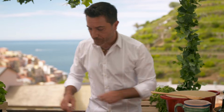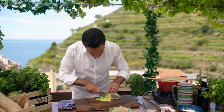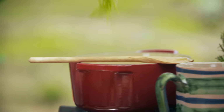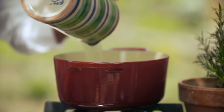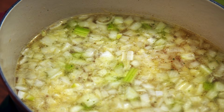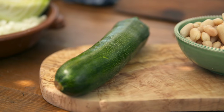Now, for the cabbage, get a good sharp knife and shred it like this. Add the cabbage and fry off for around 8 minutes. Now, at this point, vegetable stock. Straight in. As soon as it starts to bubble, we're now going to introduce 2 more ingredients, courgettes and